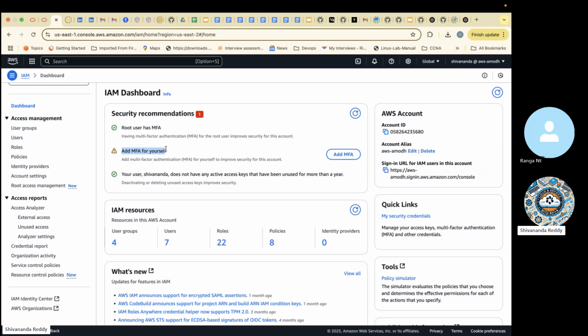Then what do I need to do? I need to approach the root user. This guy only has the access. Even if you think, I enabled MFA, this check is passed, but I lost my mobile. Somebody stole my mobile. Then